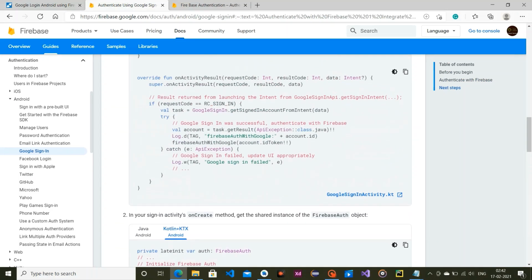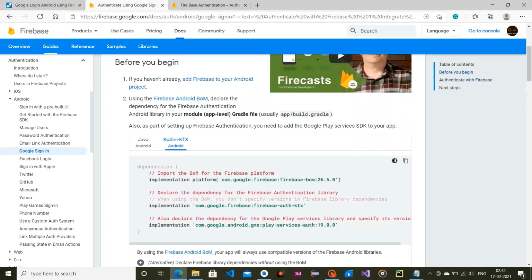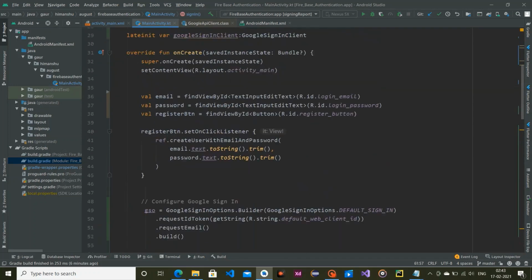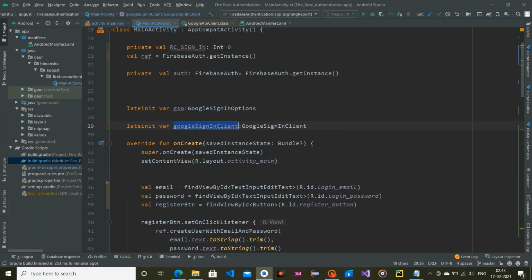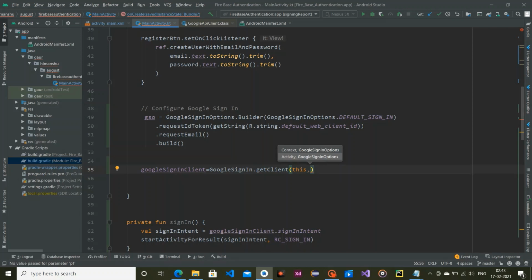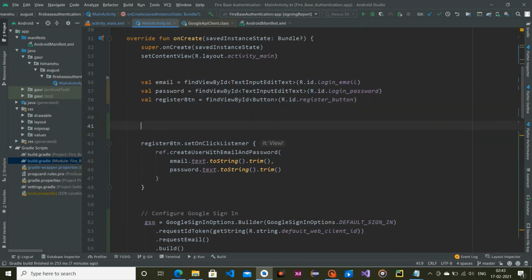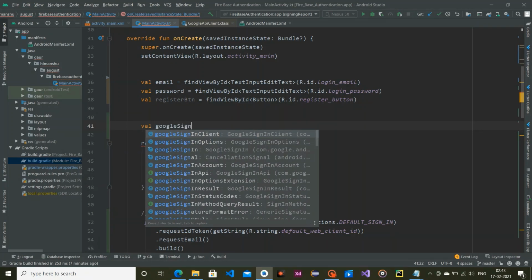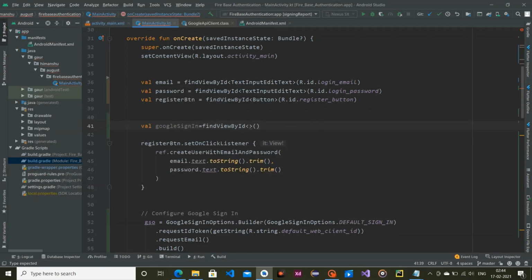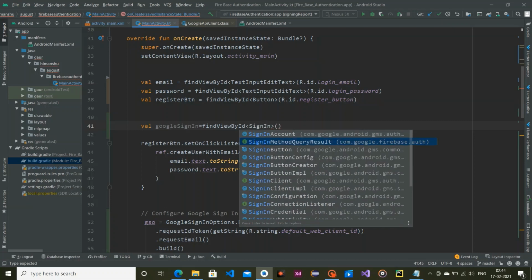We already copied everything, so now jump into our project. We have this Google sign in client, which we are going to initialize over here. The first argument is a context, and the second one is our GSO, which is this Google sign in options. Then we find the Google sign in button by using findViewById, and that button is the sign in button.